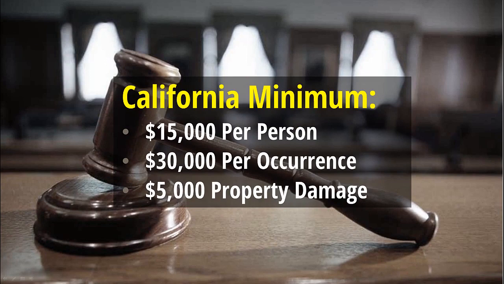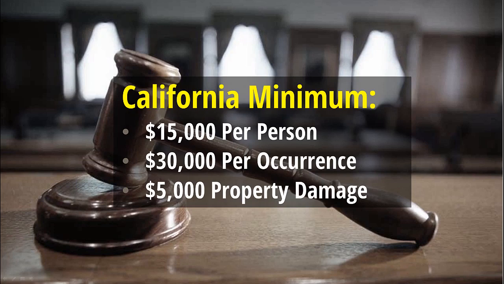So what this means is that if you are in an accident where you are found to be at fault, your insurance company may pay up to $15,000 for any one person's injuries in the accident, and the maximum that they will pay is $30,000 for that accident, or what is also commonly referred to as per occurrence. So to clarify, with these minimum coverage levels, no one person will receive more than $15,000 for bodily injury. And the insurance companies will only pay out a maximum of $30,000, regardless of how many people are involved in the accident.